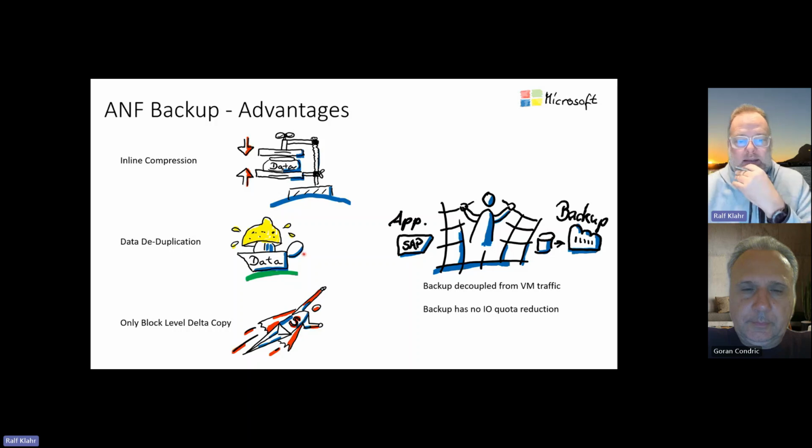So at the end of the day, you store less data on your backup destination. That makes it more efficient and also better in terms of price. Very important is that it is a data block level copy only. That means only blocks which are not copied already are transferred to the backup. That saves bandwidth and also space on your backup destination.